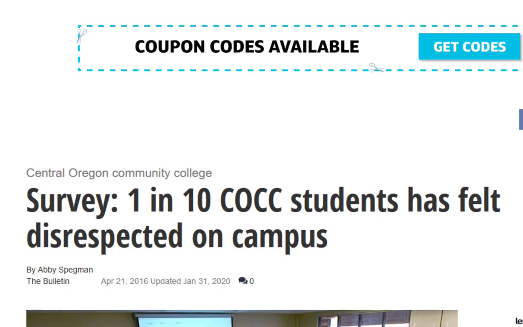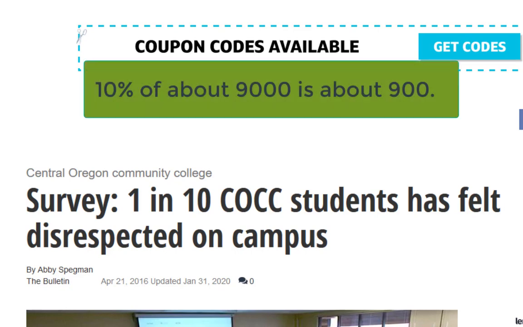But what this really is, it's a statistic. In the sample they did, which was about 9% of the students, which is going to be a few hundred people. Remember the number we looked up in the fact book earlier? About 8,700 students? Well, about 9% of roughly that number were surveyed. So that's about, let's make the math easy and make it 10%. 10% of about 9,000 is about 900. So they asked 900. That means they didn't ask everybody.